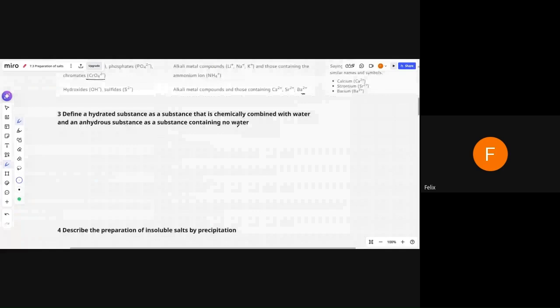Castro Bear. Saying Castro Bear makes it easier to distinguish between these metals and